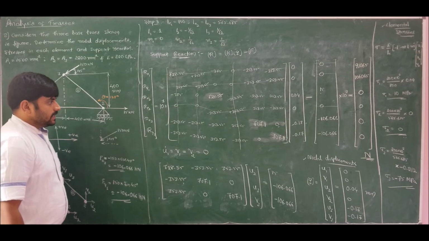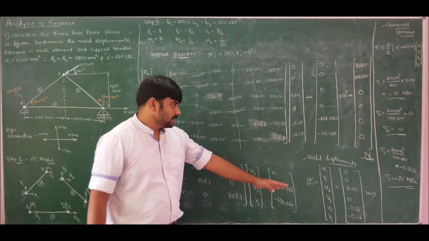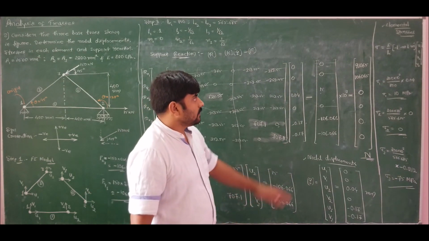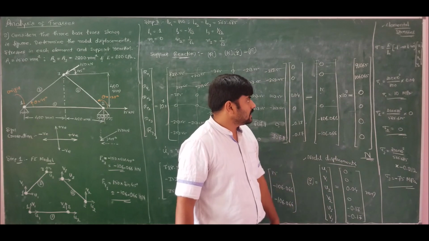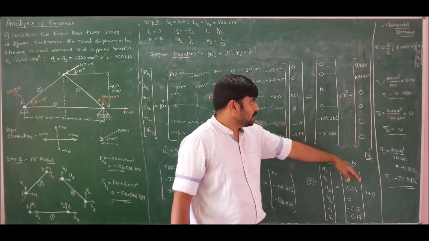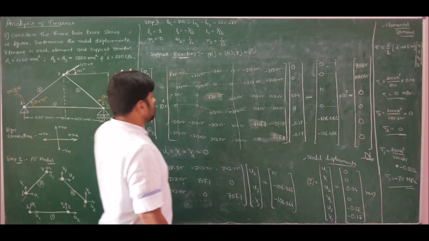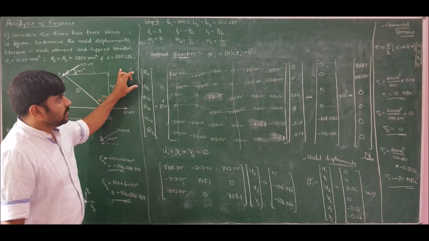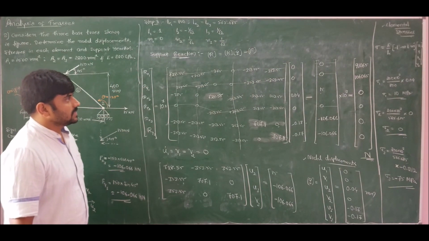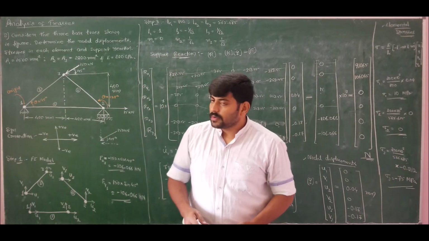We have calculated the nodal displacements. The nodal displacements are U2 is 0.04, U3 is minus 0.13 and V3 is minus 0.17 millimeters. And we have calculated the elemental stresses. The elemental stresses are, for element 1 the stress is 10 megapascal, for element 2 it is 0, for element 3 it is minus 75 megapascal. And coming for support reaction, we have Rx1 and Ry1, which are turning out to be 91,065 newtons and 1,06,065 newtons respectively. So this completes our discussion on problem number 2.